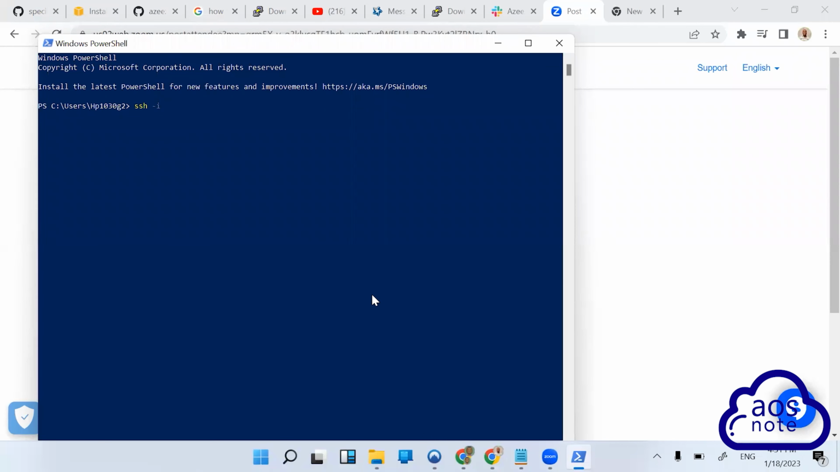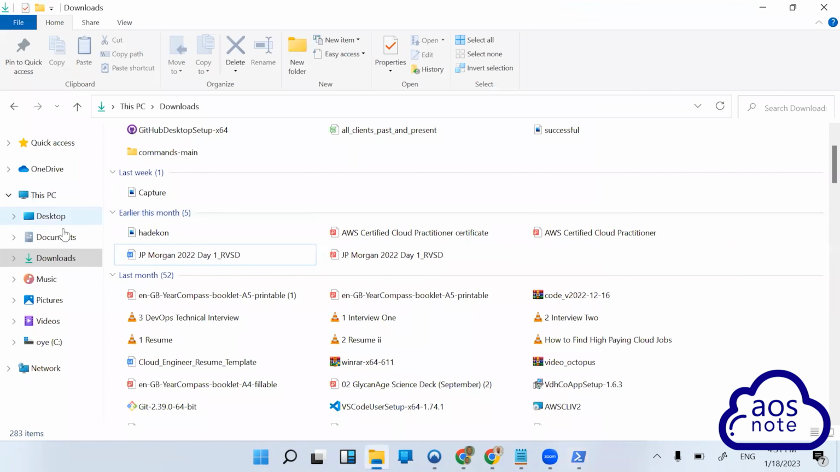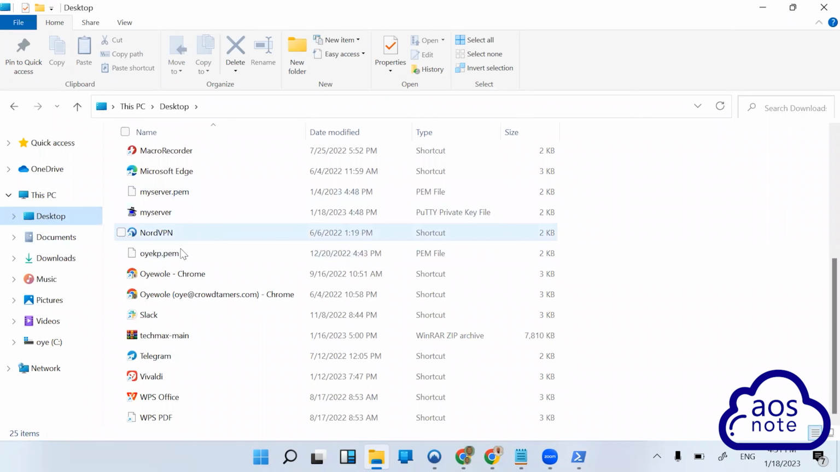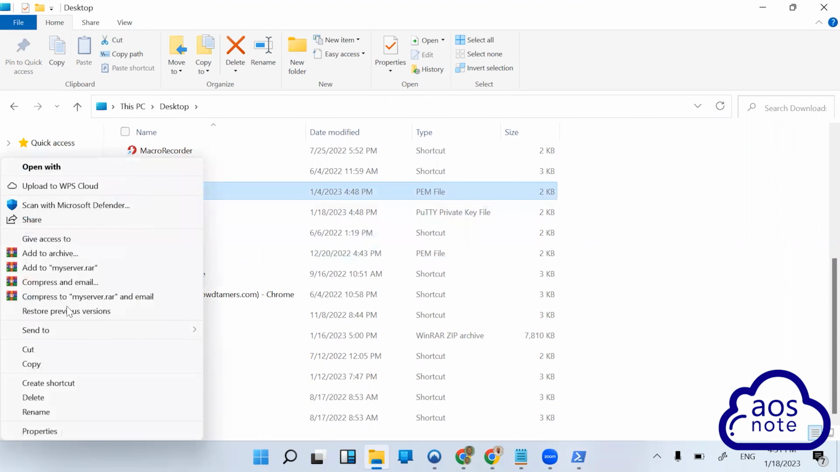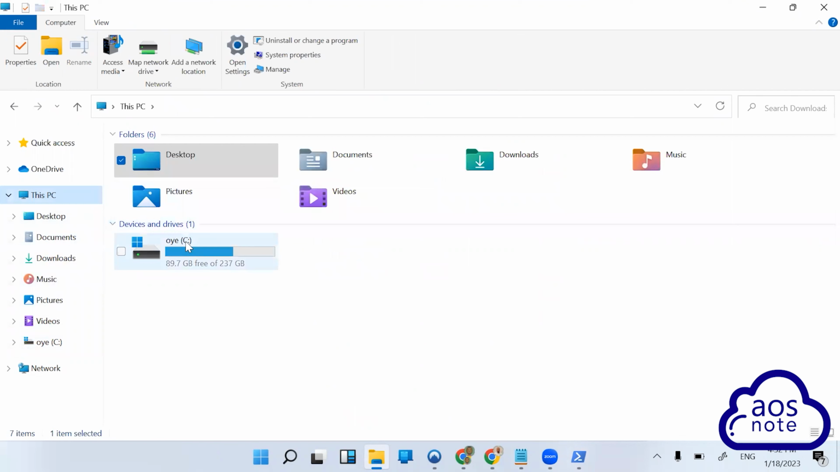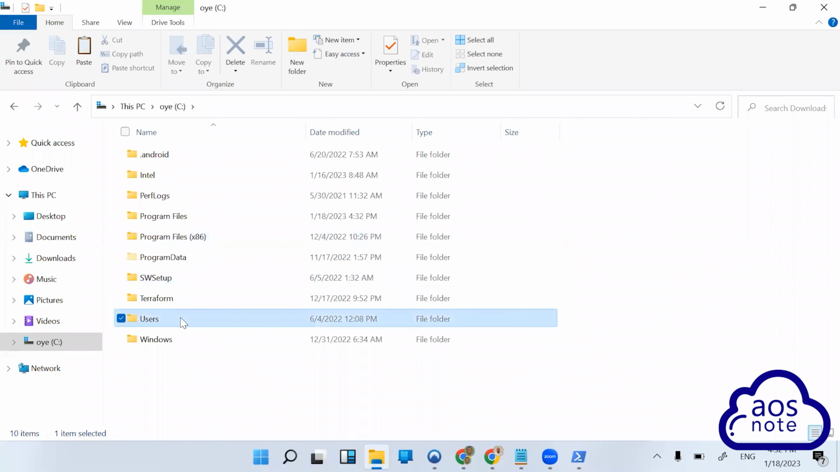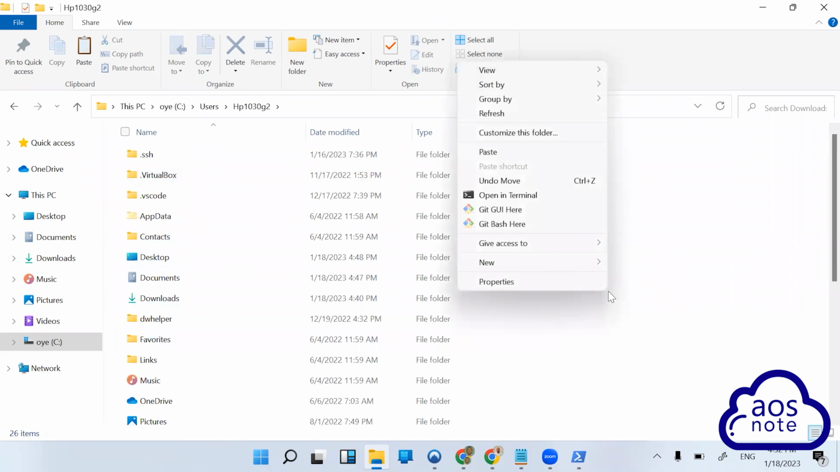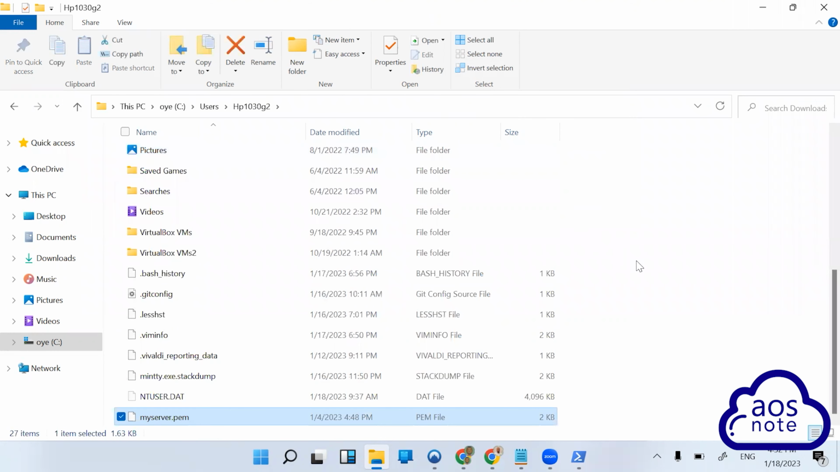Yeah. Okay, so now let's move your PEM file from your desktop to your home directory. So you can just cut it from there. Okay, now go to your home directory. And paste it there. Okay, cool. So your file is there now. So now go back to